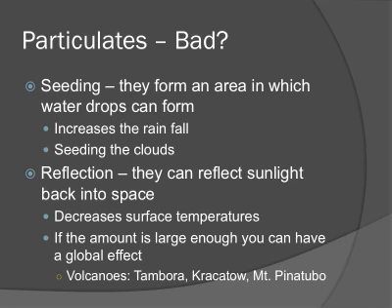Another thing that makes particulates bad is something called reflection. They can actually reflect sunlight back into the atmosphere or back into space. And what happens if sunlight isn't allowed to reach the surface, it's actually going to decrease our surface temperatures, which decreases the amount of plants we can grow, which decreases the effect of the greenhouse effect, which we just discussed. The greenhouse effect is a necessary evil, right? We need the greenhouse effect, but it's a fine line between too much and just enough, right?